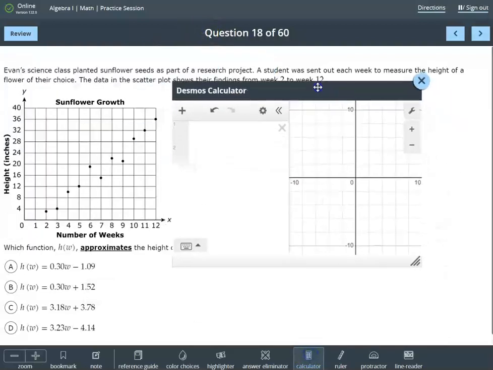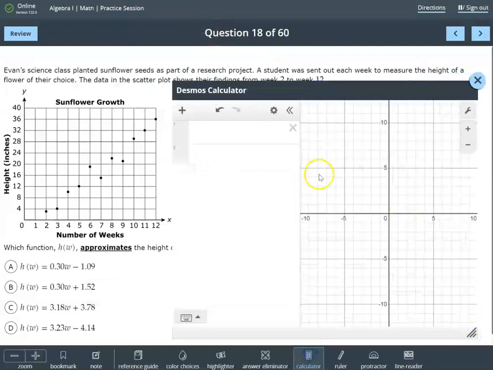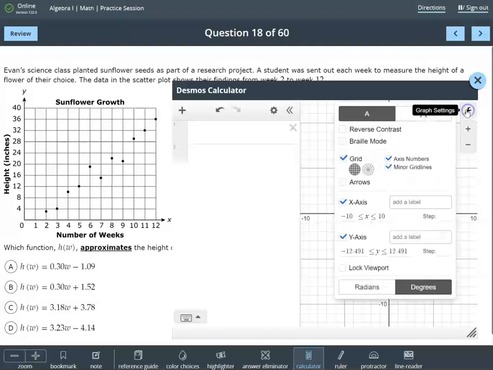I'm going to move this over, and we're going to spend some time on this graph because we want to try to make this graph look as much as we can like the one here with the same kind of spacing and numbering, and so it's much easier to compare the lines with the scatter plot that's on the actual test. So click the wrench in the top right corner for your graph settings, and on the add label here